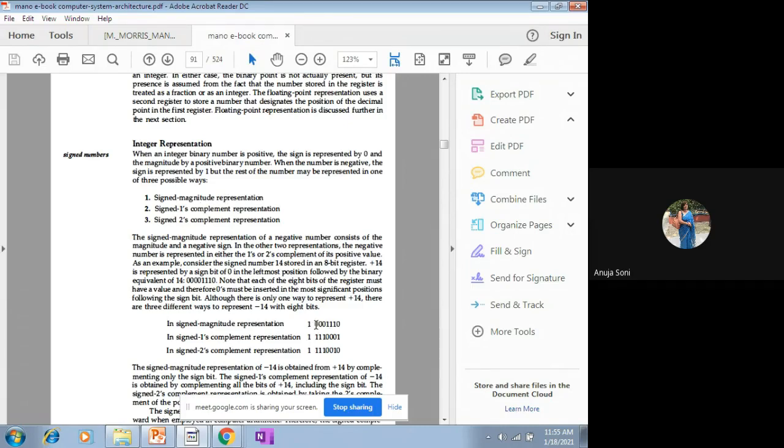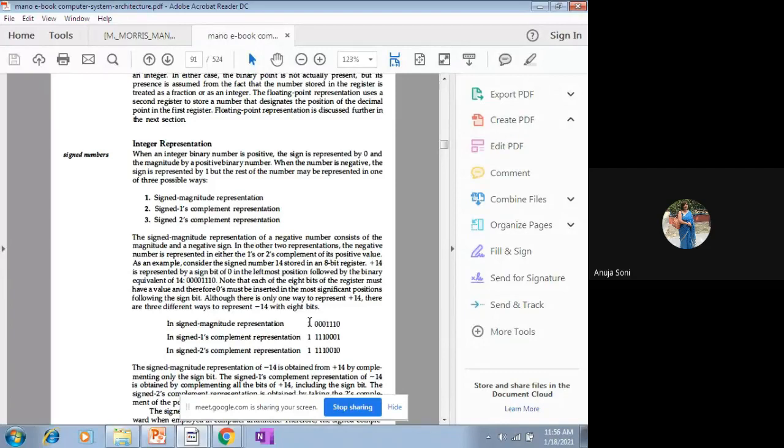One is called signed magnitude representation. Say we have a number as 0, 0, 0, 1, 0, 0, 0, 0, 0, 1, 0. This is a number, and we have to represent it using the sign bit. So the very first bit is being used as a sign bit in the binary number. Whenever its value is 1, it represents a negative number. When the sign bit is 0, it represents a positive number. One more thing I would like to say is that complement is always to be taken of a negative number. Whenever we talk about taking the complement of a positive number, the value remains as such. It does not have an impact on positive numbers.